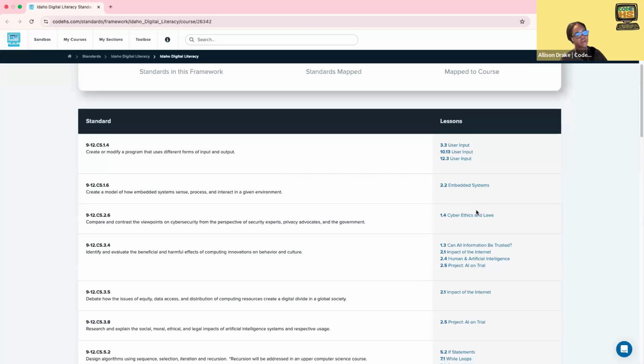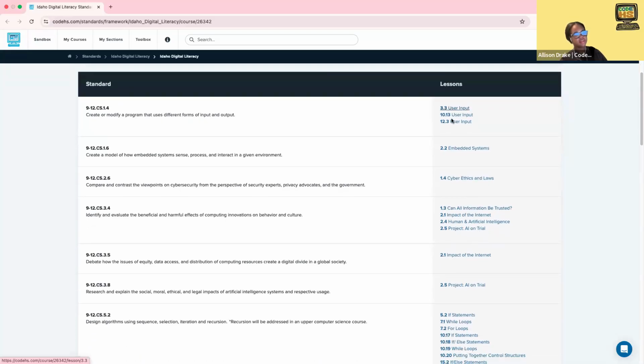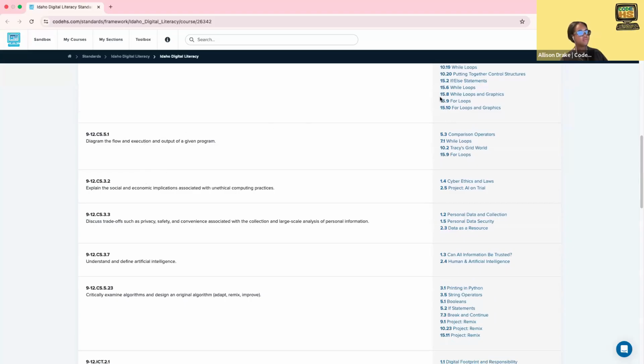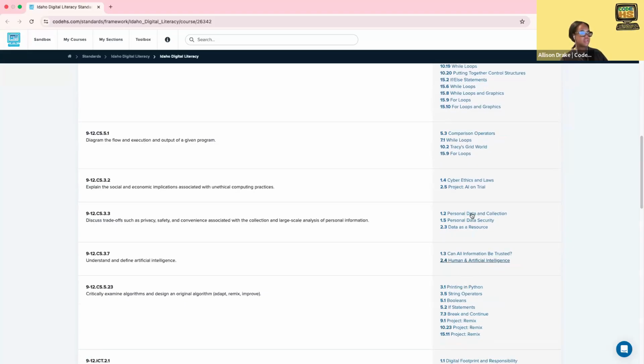And then over here on the right, it's really nice because it links the lessons that are aligned to each of the standards. So, if you're looking to teach one of these specific standards, you can come over here and it'll show you the exact lesson that you need to teach. So we can pick this one,